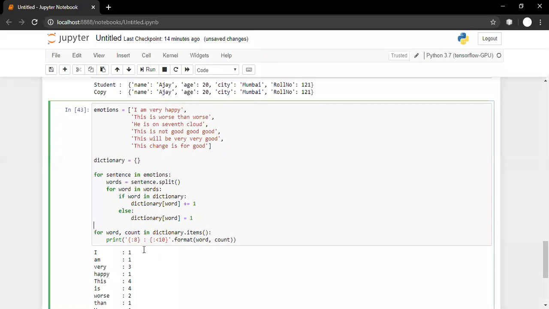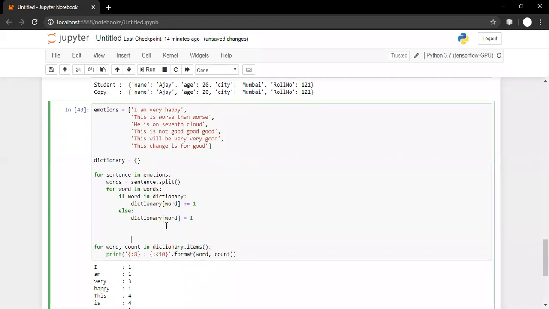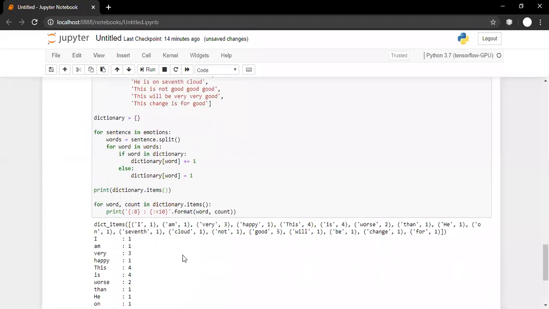So basically, this is something we discussed in the previous session, what dictionary dot items returns. If I write dictionary dot items, you'll observe that it returns something like this: I comma 1 as one tuple, m comma 1 as the second tuple, very comma 3 as the third tuple, happy comma 1 as the fourth tuple, and so on.